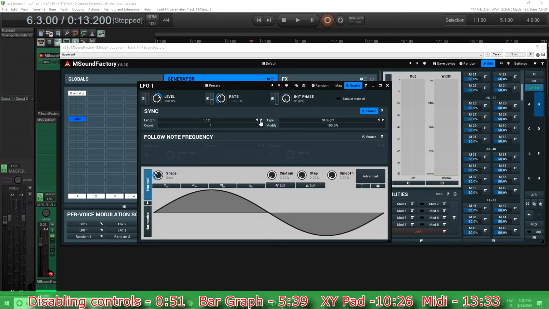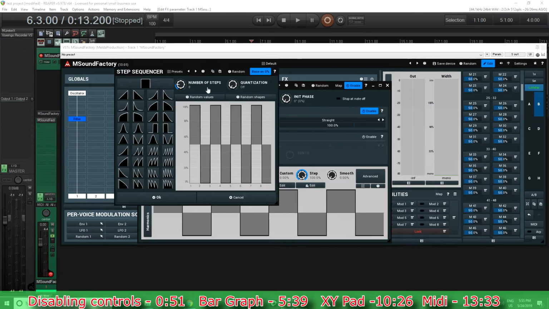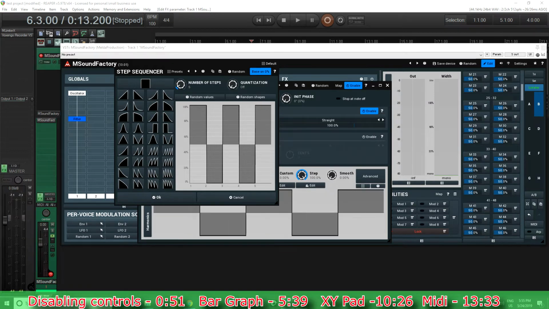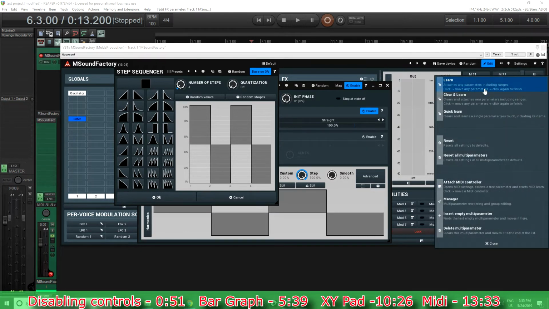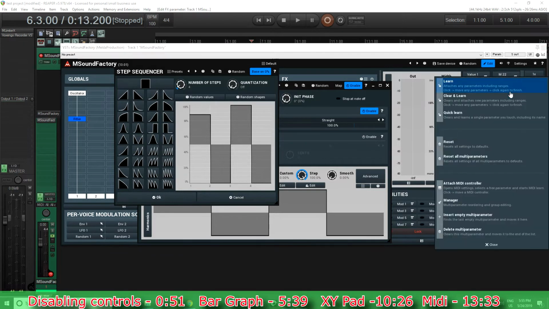I don't know, what do I want to do? Half a bar, I guess. And now here it looks like an LFO, but I can change that. Where it says step here, just turn this all the way up to 100%. Now it's a step sequencer. Hit edit, and I can go in here and change the number of steps, etc. So let's do 4 just because I'm lazy and I don't want to do a whole thing here just for this demonstration. And now to adjust this, I can go into here and just hit quick learn, first one,